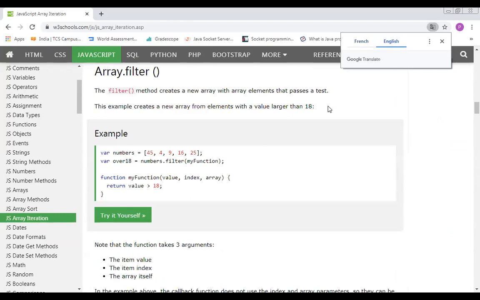The whole of the big data concept depends upon the map reduce function.